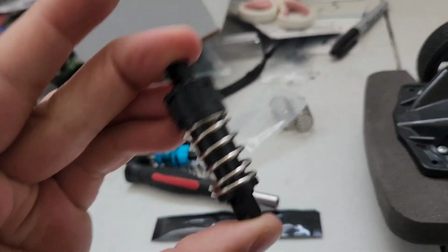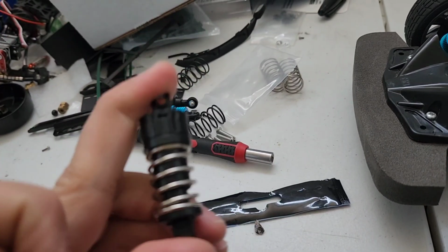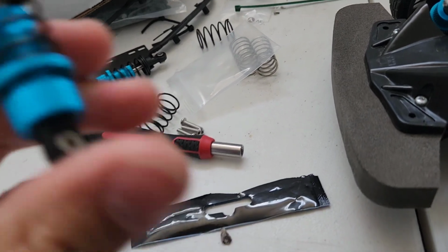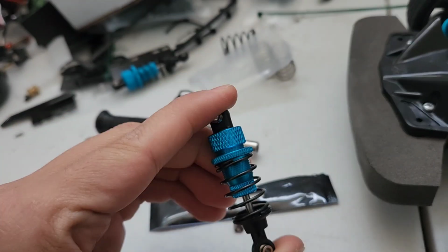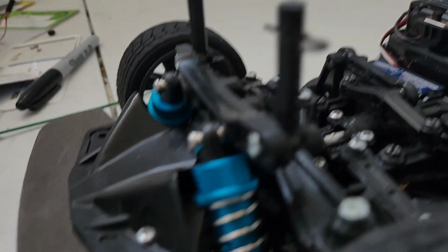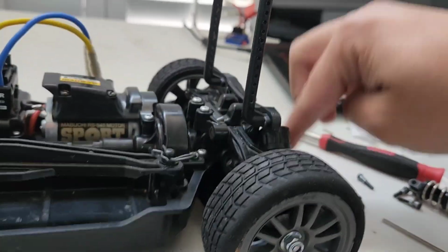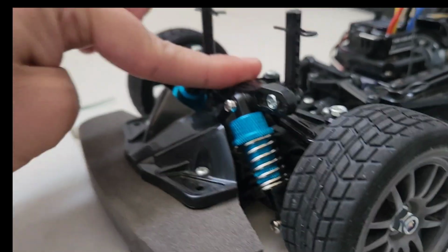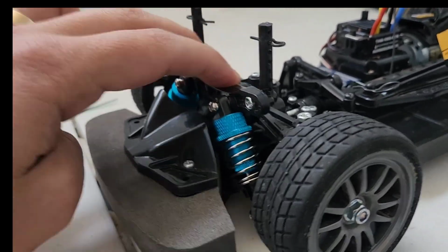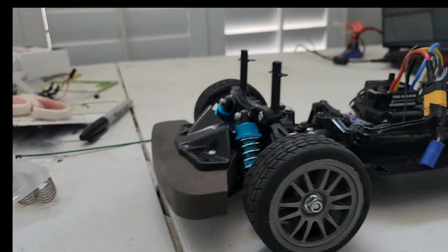Essentially, we have this non-damped shock absorber. It's basically just a pogo stick. It does not dampen. And then we have an oil-filled shock, complete with O-rings and other sorts of things. I really wish I sounded a lot smarter than this. I apologize. As you can see, it doesn't spring back right away. And so the difference between that and this is that this is how the TT-02 comes. It's very, very bouncy. As you can see, she just bounces. Whereas on the oil damped side, it's not as bouncy, and it actually absorbs the energy that the bumps put into the chassis. So if we drop it, you can see it doesn't bounce nearly as much